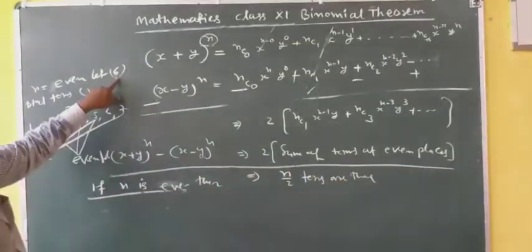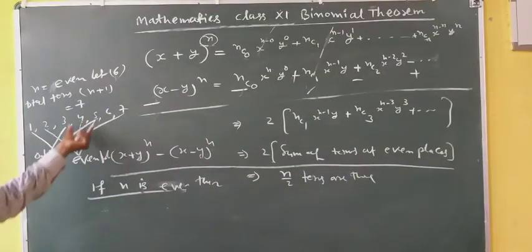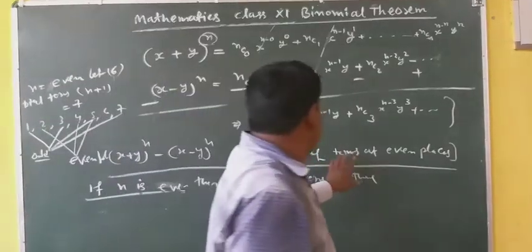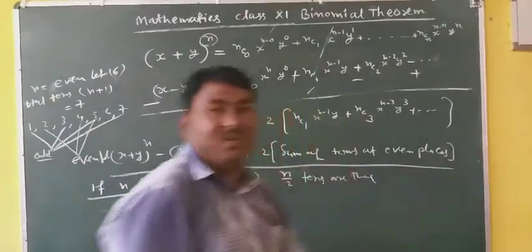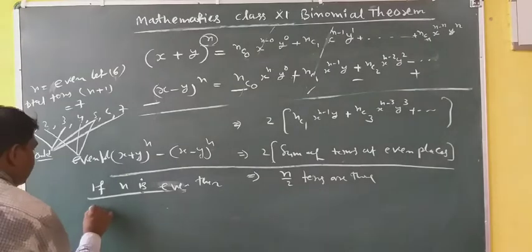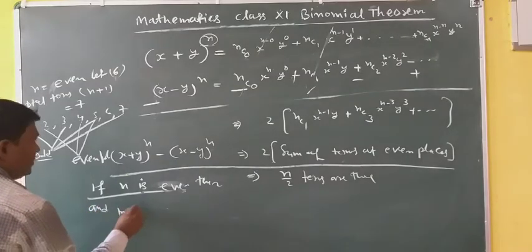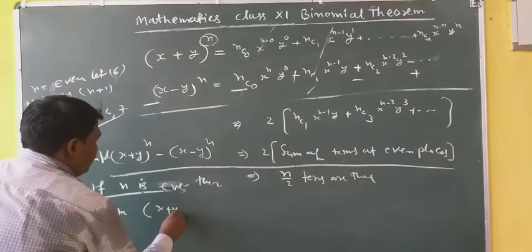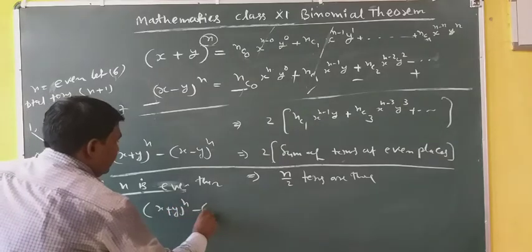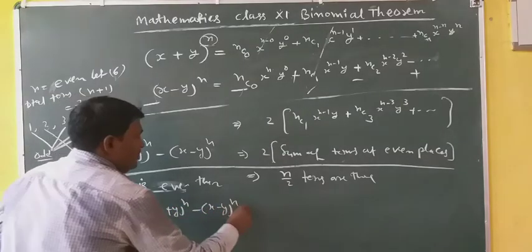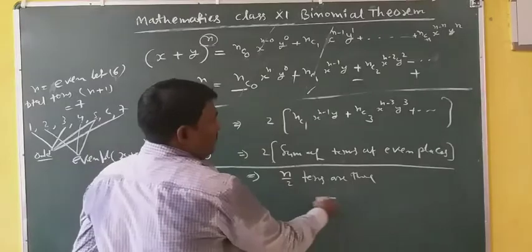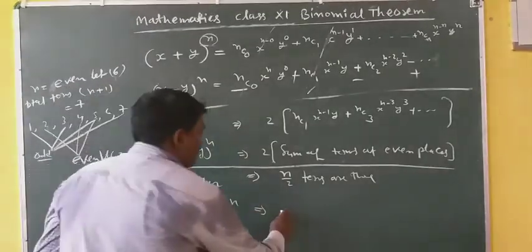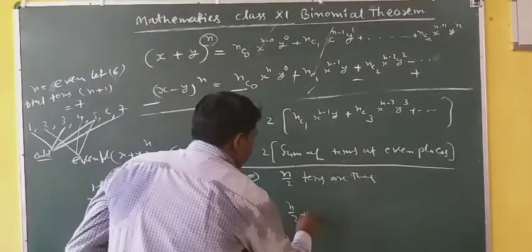Since n by 2 means 6 by 2 is 3, only 3 terms, since you have to take sum of terms at even places. And in the expansion of (x plus y) power n plus (x minus y) power n, how many terms? 2 into sum of terms at odd places, so n by 2 plus 1